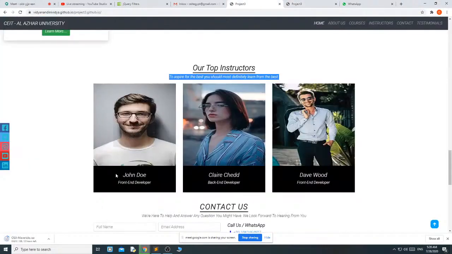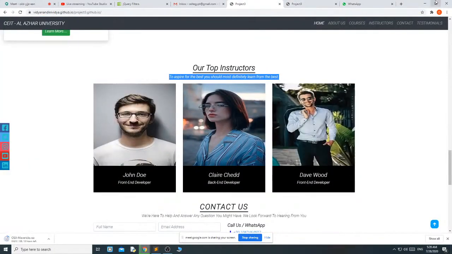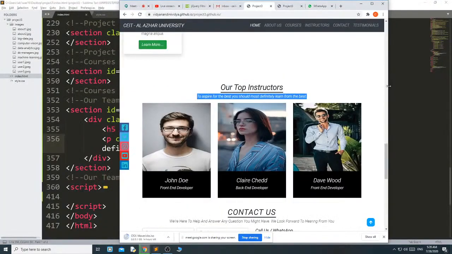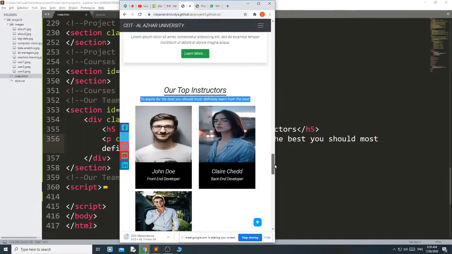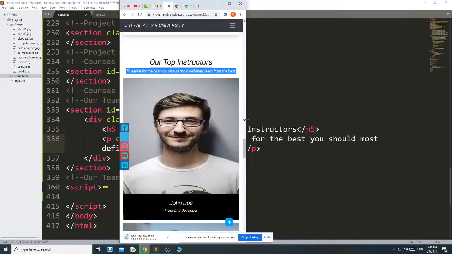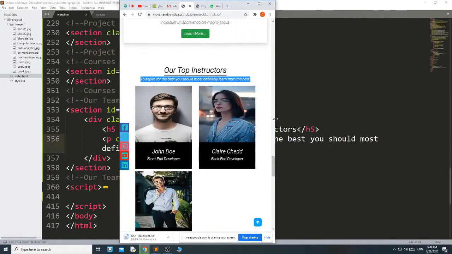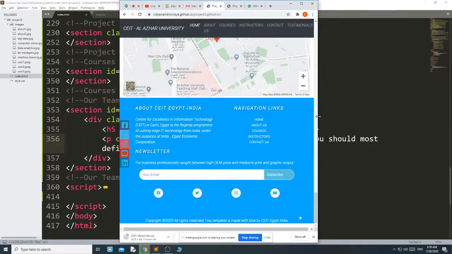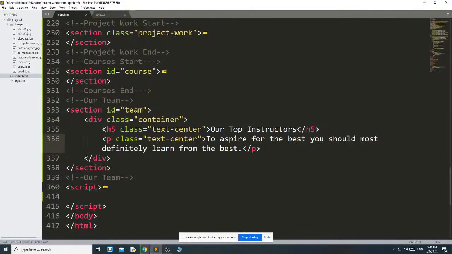See here, in medium screen I need 3 images, but in small screen I need 2 images. You just see. Okay, and extra small 1 image, small 2, medium 3. Then what am I going to write?